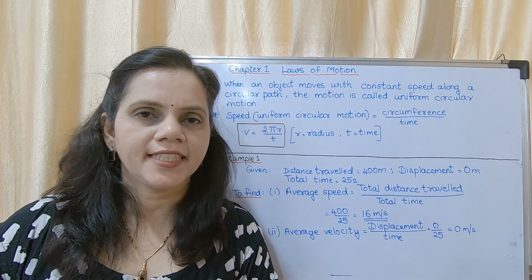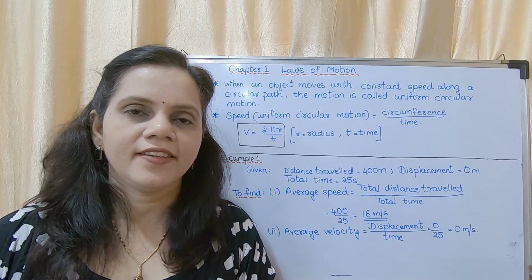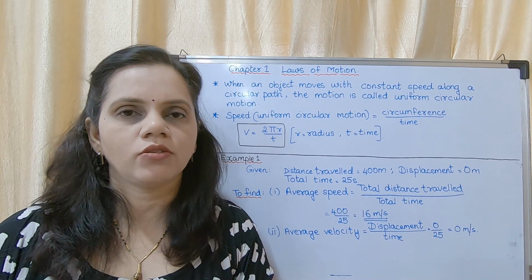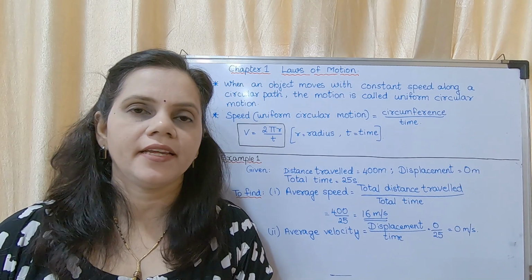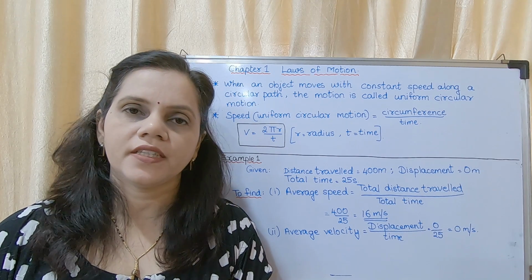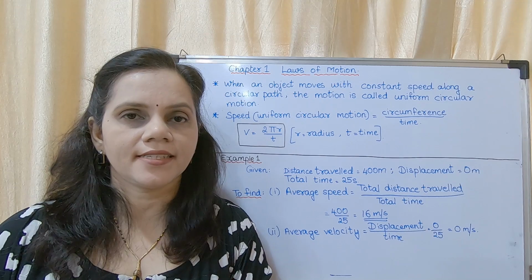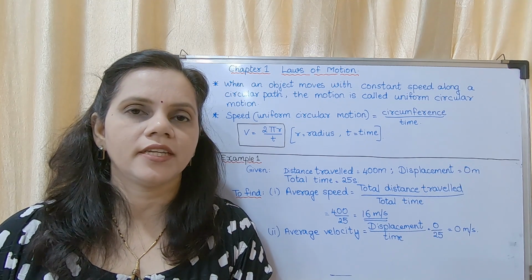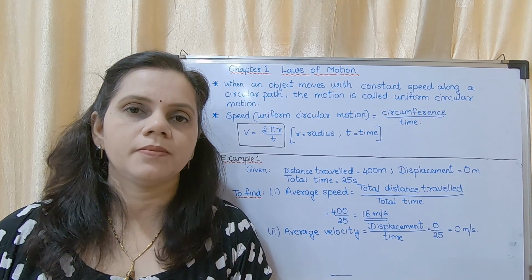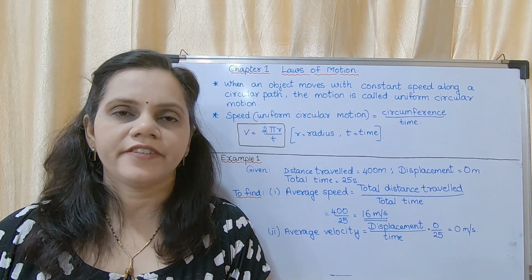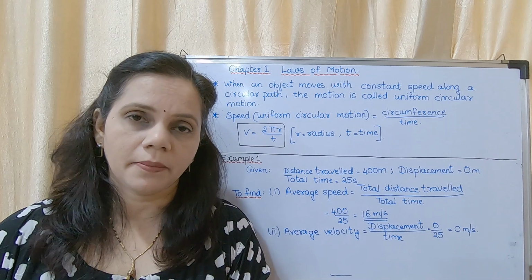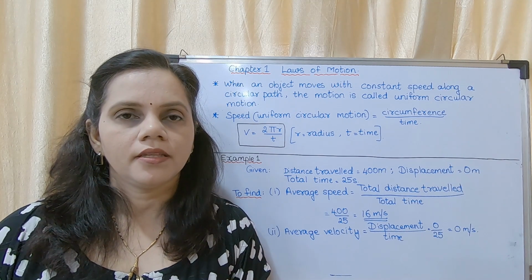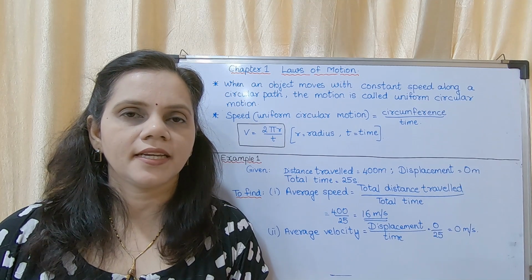So did you understand yesterday's lecture? The derivations of equations we have finished. Okay, hope you have practiced how to derive equations. It is a very important question for the first term or the first unit test. Compulsorily you will be getting this question to derive the equation. Most probably the first derivation will be asked. Which one? That is the velocity time relationship, that is v is equal to u plus at.